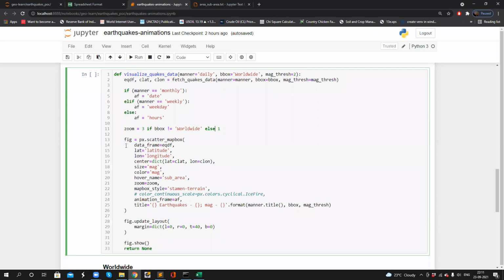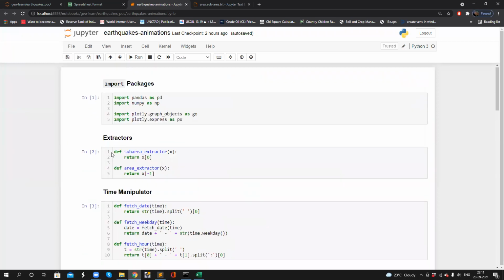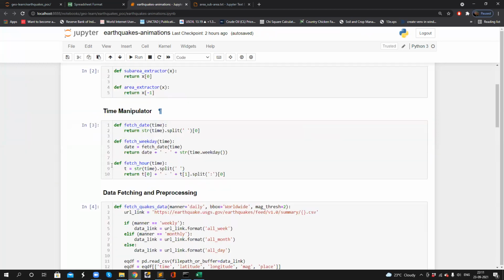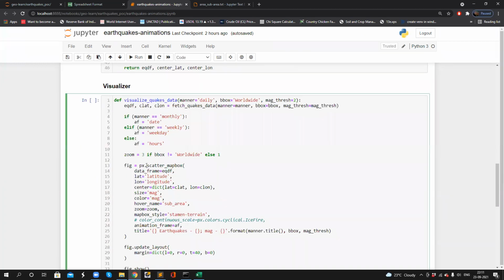And later on, I'm having a figure variable where I'm using the scatter mapbox method of Plotly Express. So I'm importing the Plotly package, right? There we have a scatter mapbox method, which has these parameters. We have data frame, which is our actual data frame, that is equidf.